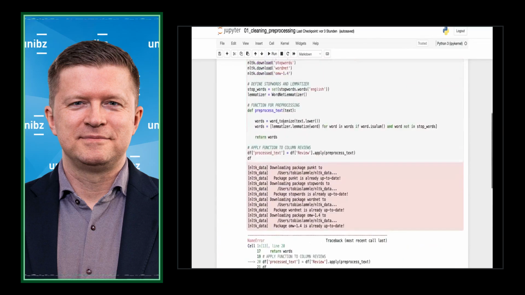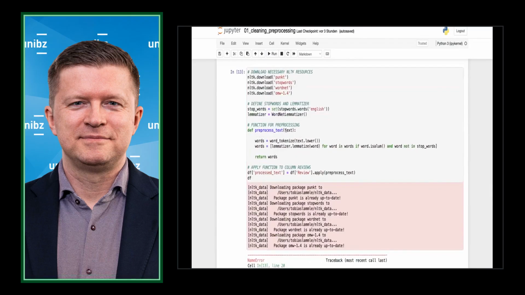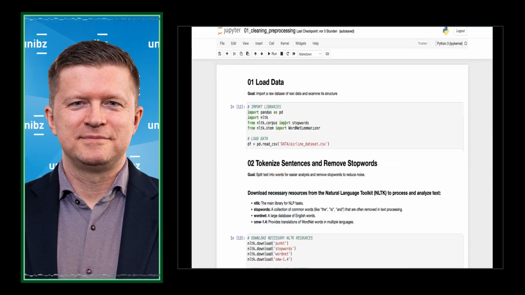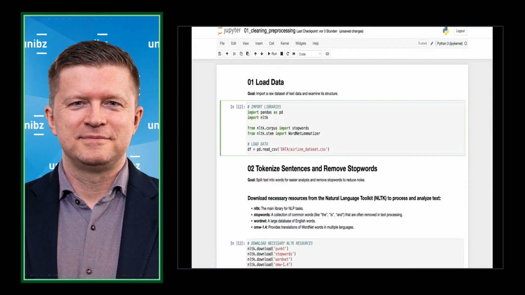word_tokenize is not defined. Oh, another thing is missing here. Okay. From nltk.tokenize, import word_tokenize.